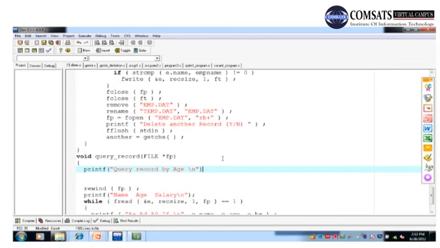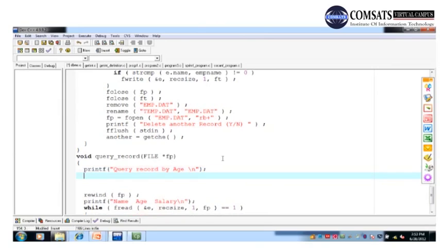Now we have added this one line that is the kind of heading, query record by age. printf, okay, 1 dot greater than. So greater than means that if you select 1, then it will input the age. ठीक है, so जो भी age आप input करेंगे, if you have selected 1, then it will show you all the records that are greater than the one input by you. ठीक है,